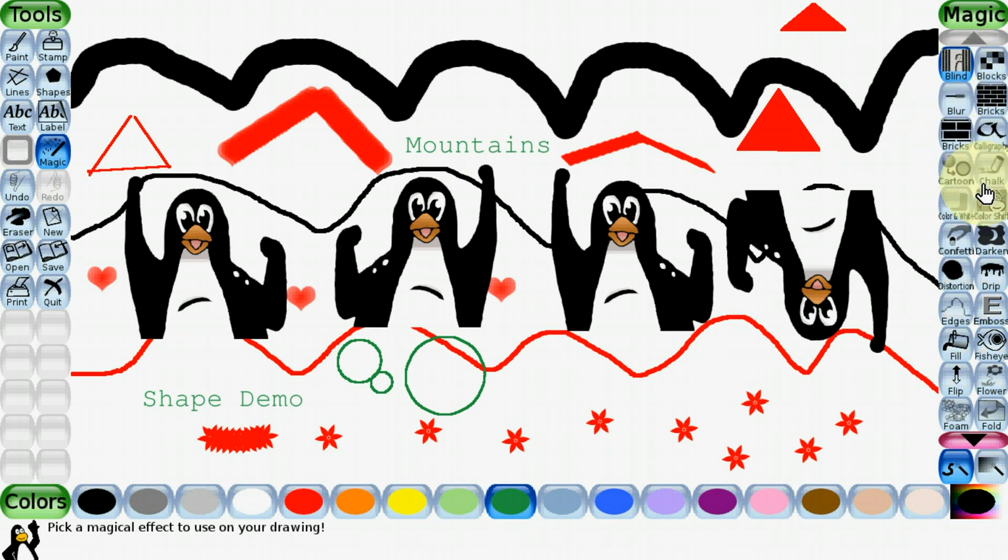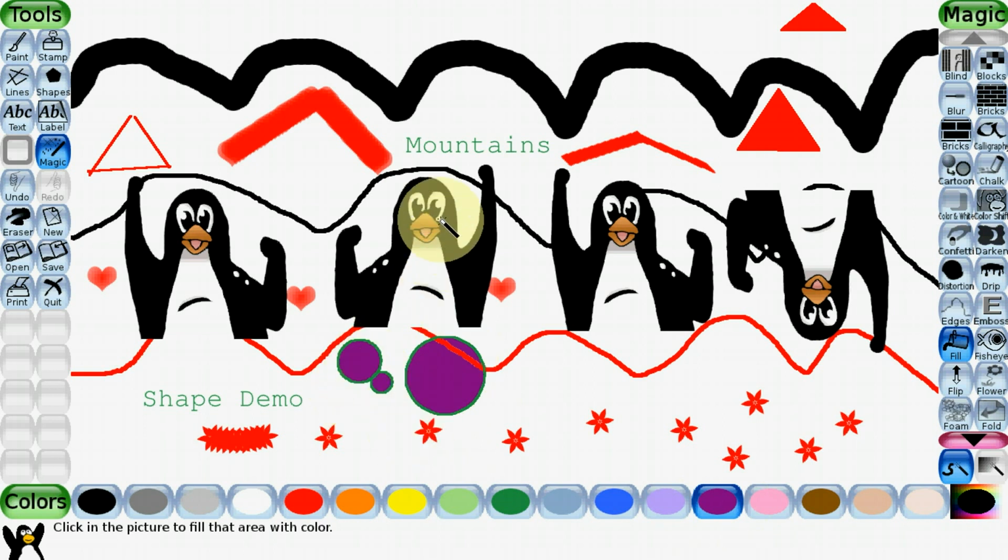Now magic tool. Magic tool is used to prepare different objects. So here different objects are coming. You can pick any tool. Suppose I want to use fill. So fill tool is available here, and color. I want this color and I want to fill in this circle. See, wherever you want to use, you can use there. See, this eye I have changed. Penguin eyes are purple now. Oh, magic.